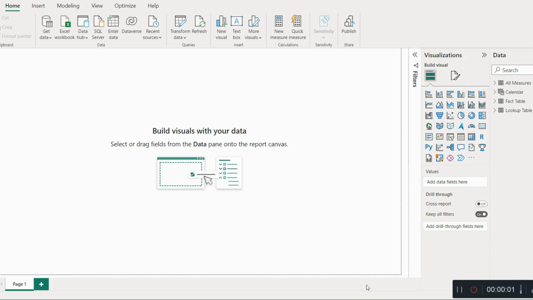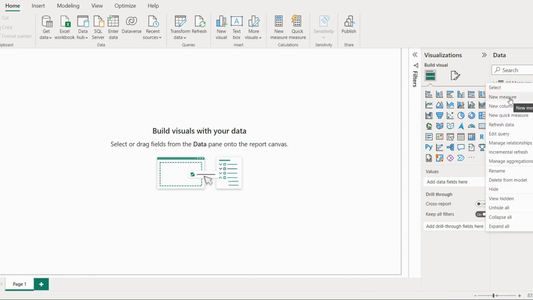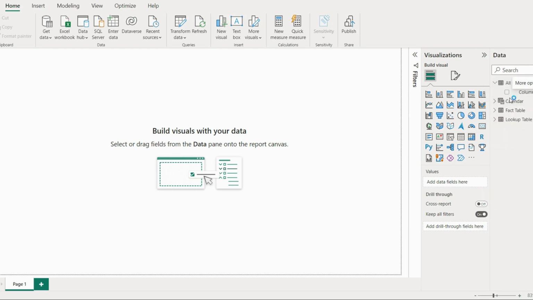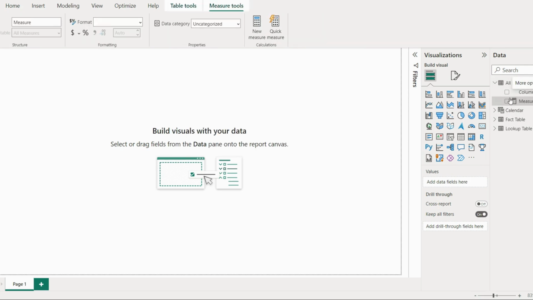So let us move forward now. So basically, we have created all measure table, right? So if you click here on three dots, we have one option under select, which is new measure. So click on new measure. Now let's say we have to calculate the revenue. Okay, so the measure is created. Now we have to type the formula. Okay, so we will type total revenue